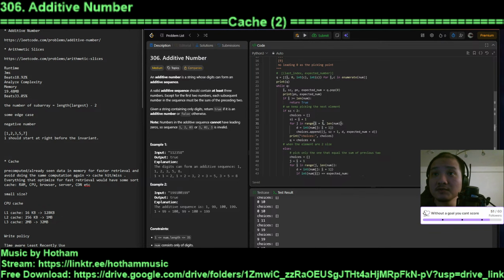So every time we go, we start with i plus 1 to that number. So we loop from that new index to the end, but every time